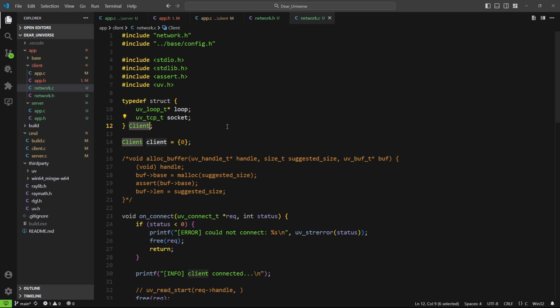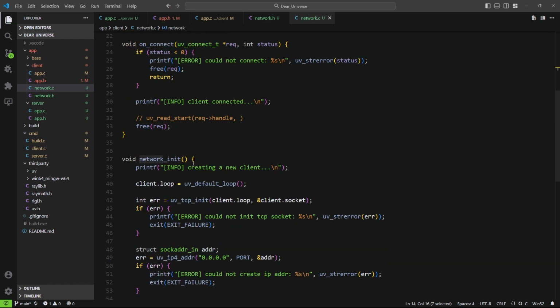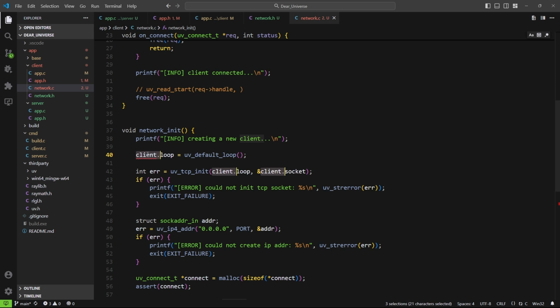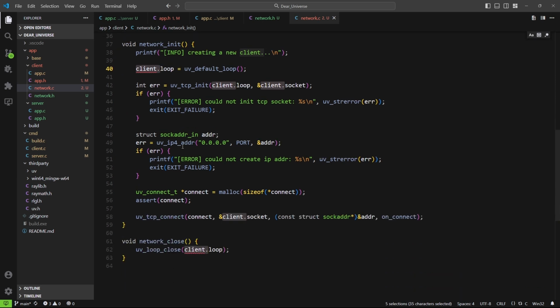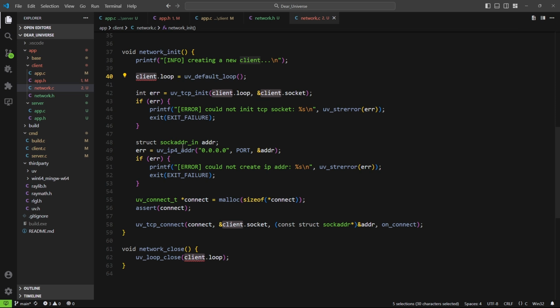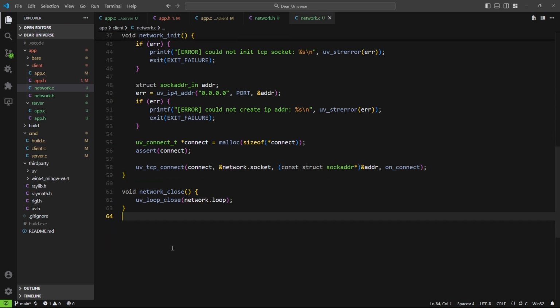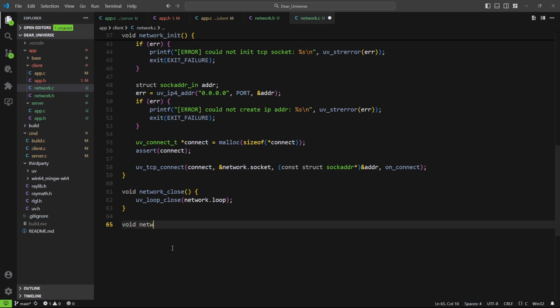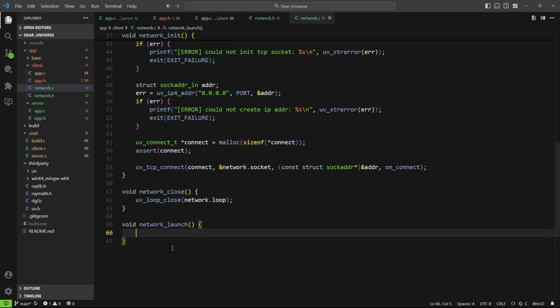Yeah, I can even call it network to signalize the name of this thread. I can say network, and this is the state of the network thread. Why not? So I can just say that. Okay. So now I'm going to need a function called network launch, and this is going to launch the